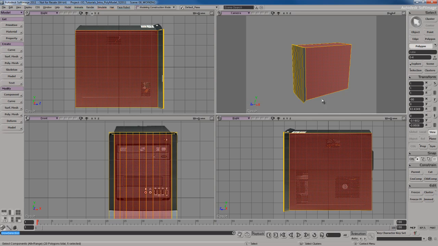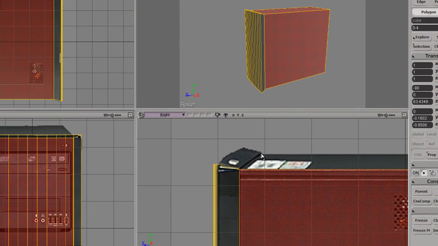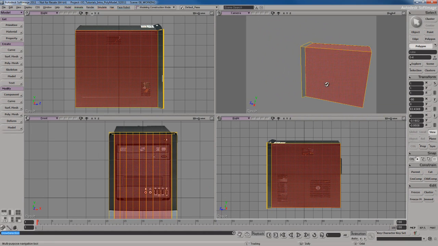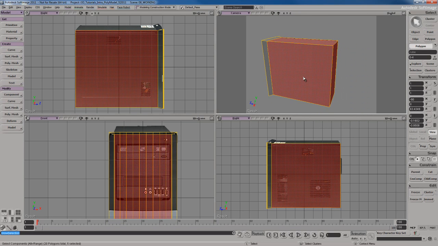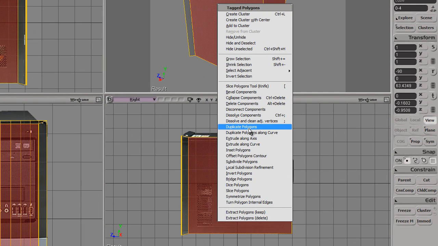And the front piece is going to be completely separate, the way it is in real life, because if I look at this reference image, you can see that the front panel is a separate piece that you can actually detach from the computer case. So we're going to approach it the same way in 3D as we would in the real world, which makes things a lot easier. So I'm going to take those polygons there, right click to open up the context menu,